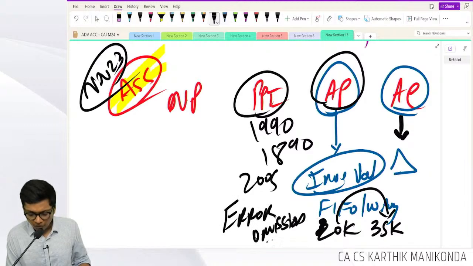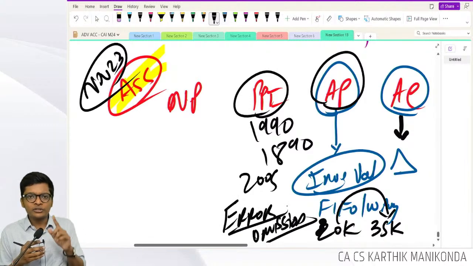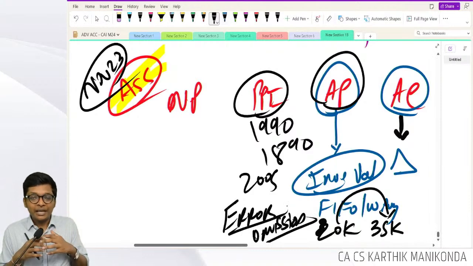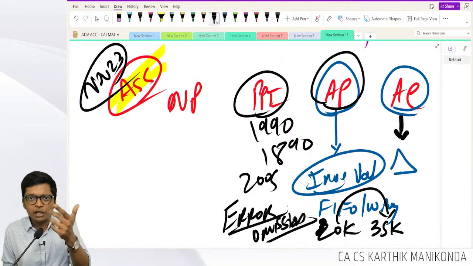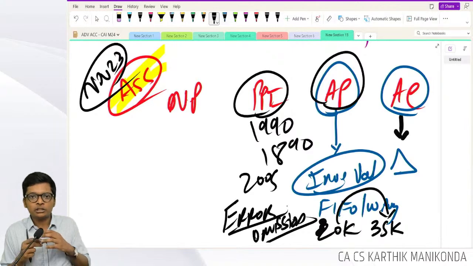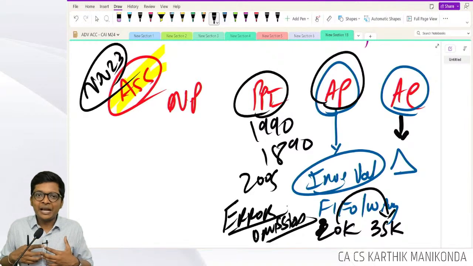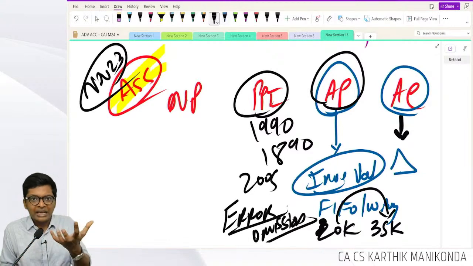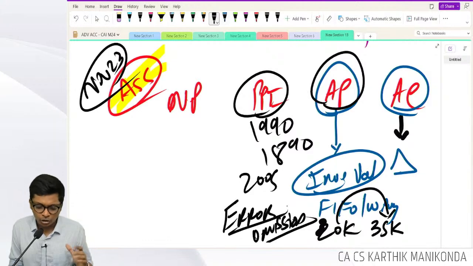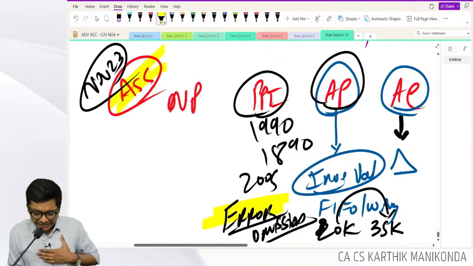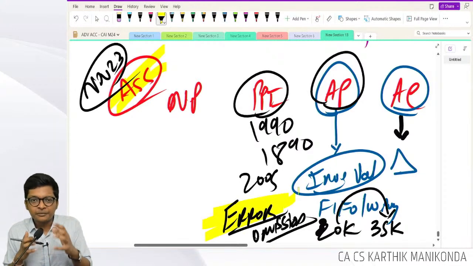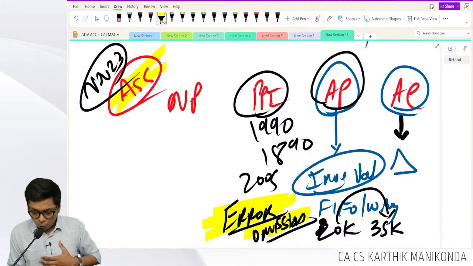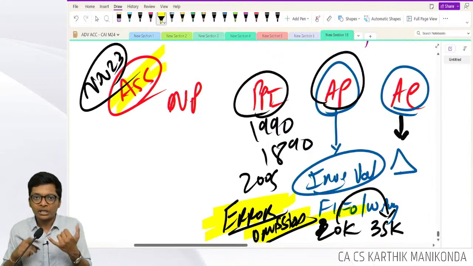omission of accounting. Error means instead of using SLM, I used WDV. I made some mistakes in applying the accounting policy. Borrowing cost should not be capitalized, I capitalized. An asset which should have been capitalized, I debited to P&L account. Income, I forgot to record. I received interest income, I did not record. So any error, arithmetical mistake in applying accounting policies, or omission, forgot to account, any error